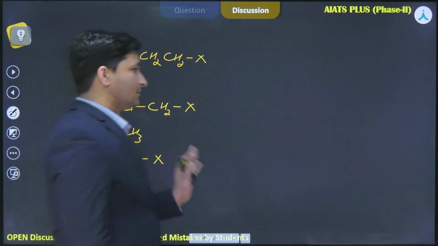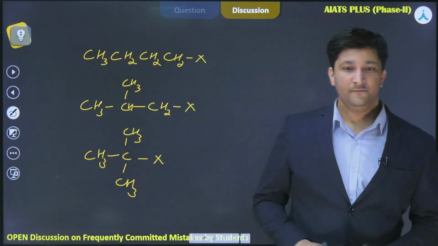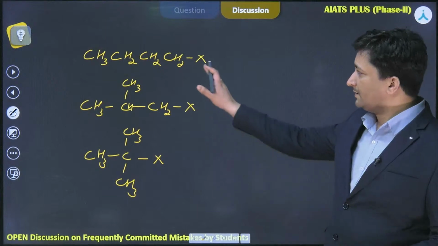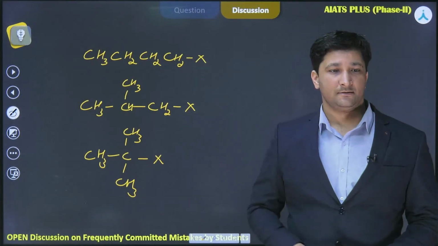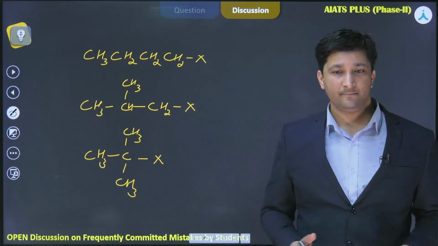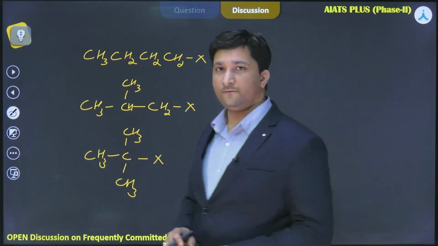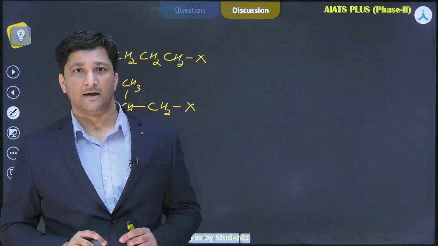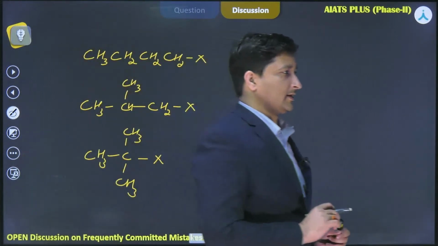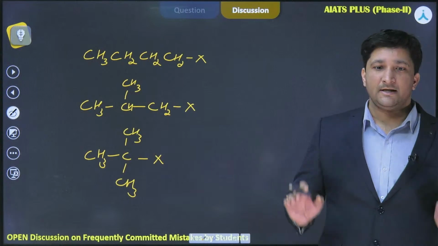If this is the case, you can see here that the same number of carbons are present. All have 4. Their mass is also same. Okay. So we have to decide here on the basis of surface area again. Now try to understand one very important thing. If the surface area is more,